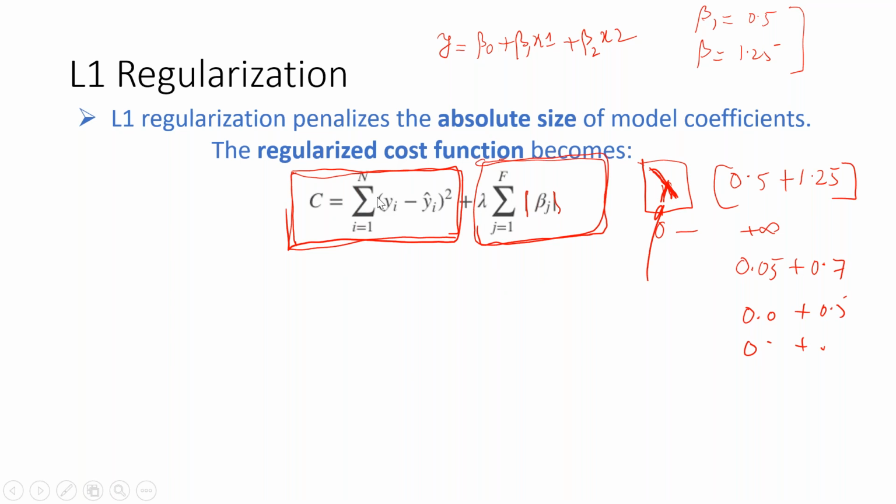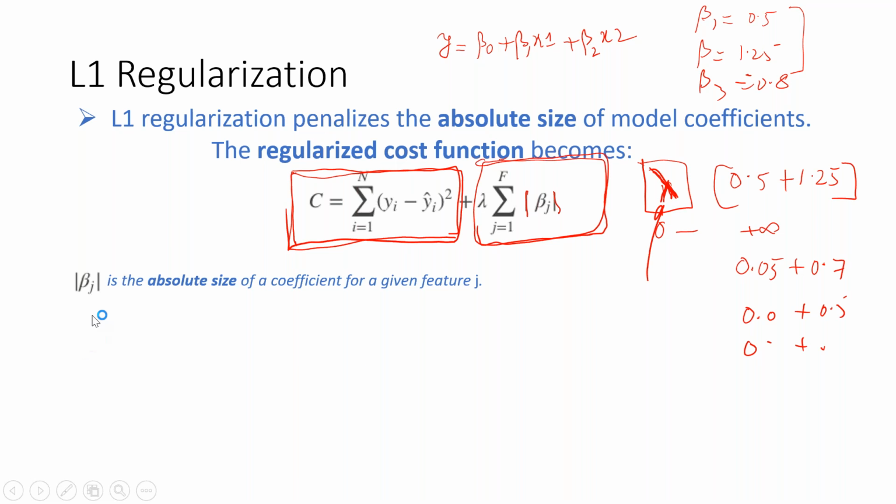C equal to sigma, this is our cost function. On top of that we are using this term, which is called the L1 penalty. What is the L1 penalty? It is the sum of all absolute beta values. Say there is a beta 3 here, which is minus 0.8. That also will become positive and add. So that is what absolute beta j means.